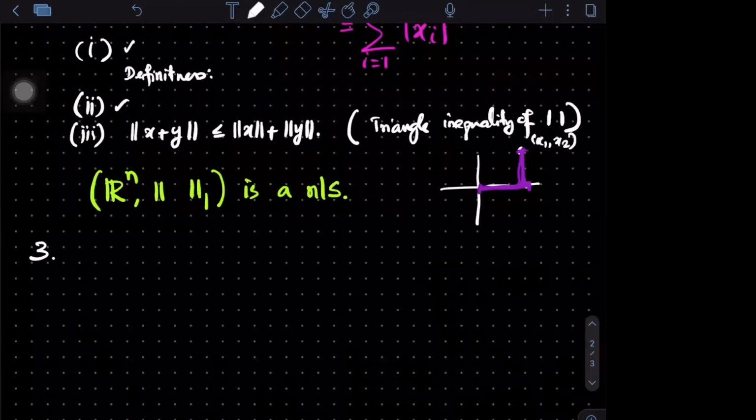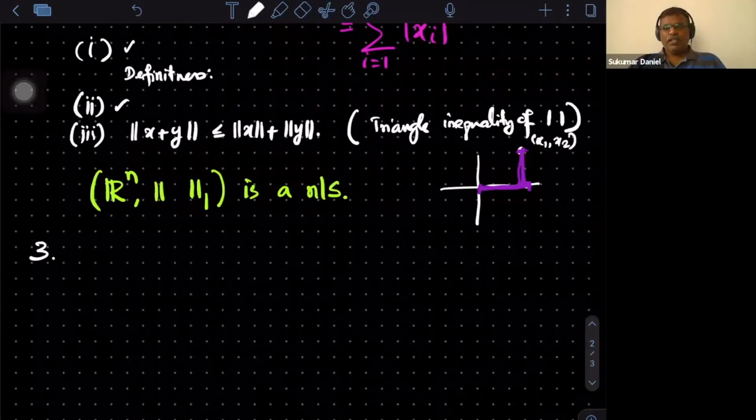Let me clear it out. How many of you think yes, you will get a norm? First of all, if you understood the question, then say yes. Out of 35, around 30 have understood the question. And so what is your answer? Do you think that will be a norm?